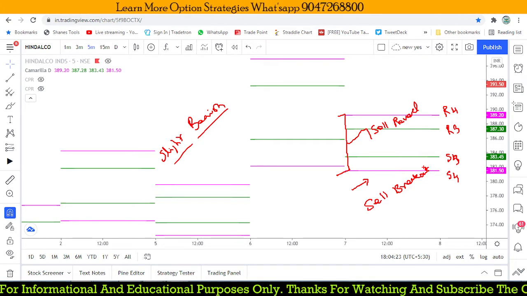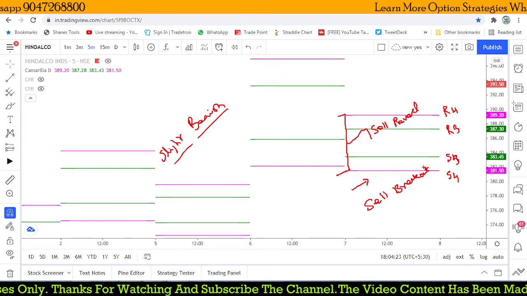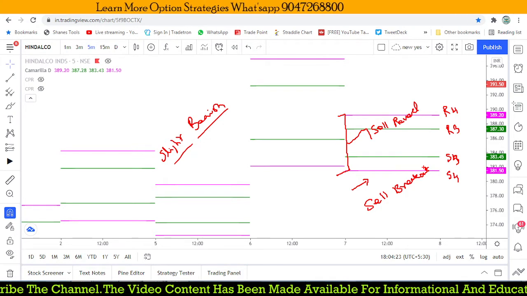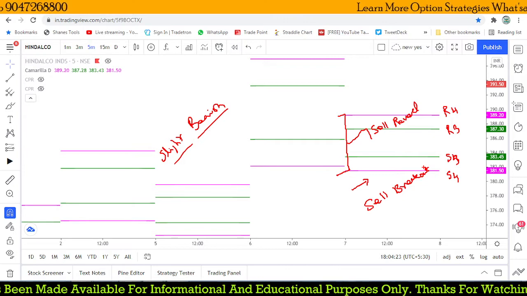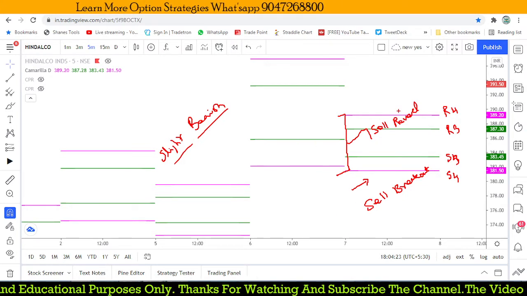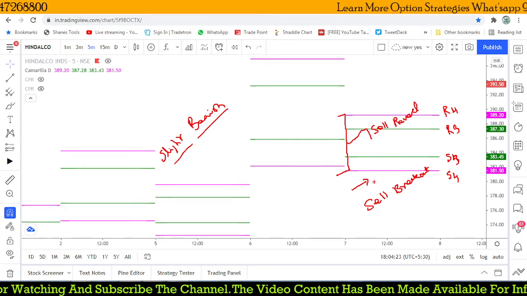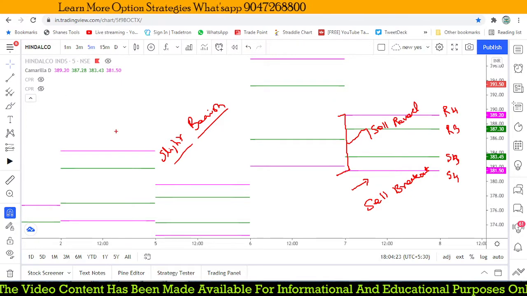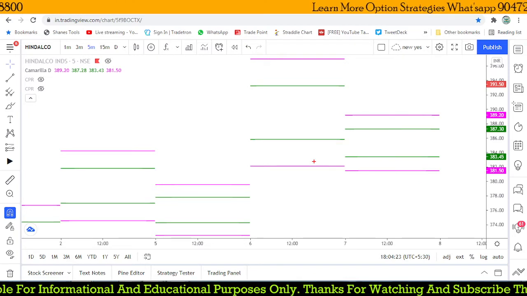But the market is dynamic, always changing and moving. What we expect in the market does not happen 100%. But whatever is happening in the market, we can travel along with the market by following it. So this is the trade plan we have based on these levels. That is what we are deciding. We are going to sell.